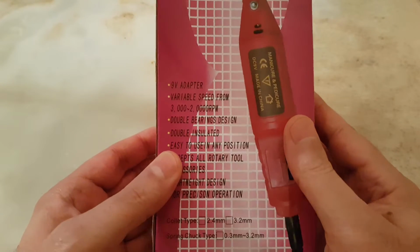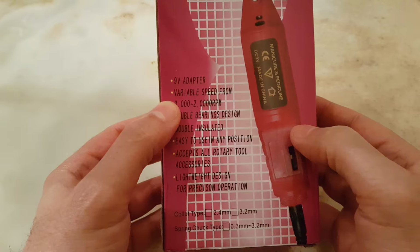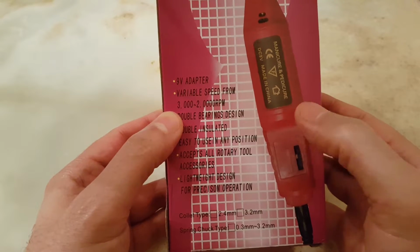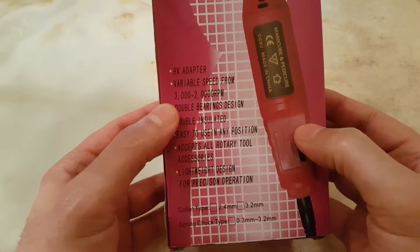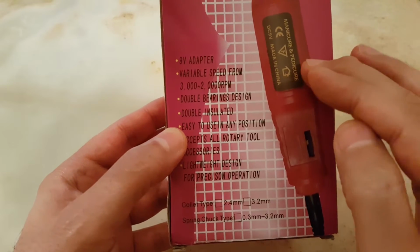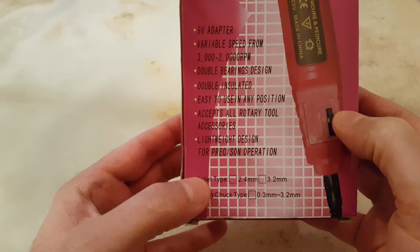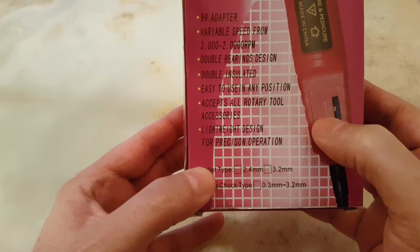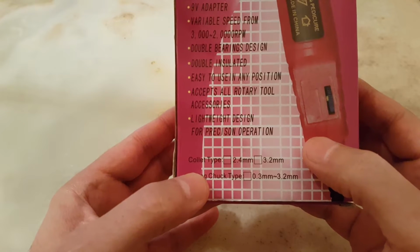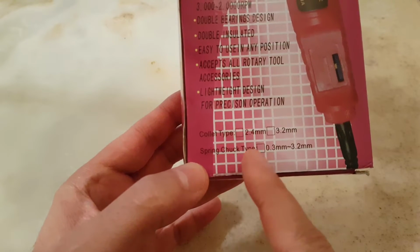And here let's read what it says. It says 9-volt adapter that it comes with this, variable speed from 3000 to 20,000. If you believe that, you are on your own. And then double bearings design. We are going to open this and I'm going to show you the inside. And then it says easy to use in any position, accepts all rotary tool accessories, and lightweight design for precision operation. And the collet size, it doesn't say anything about this,